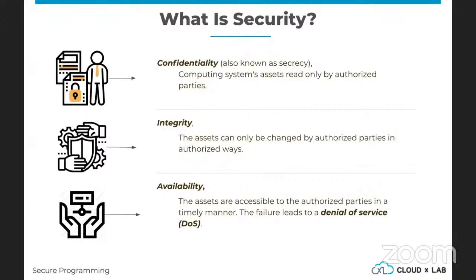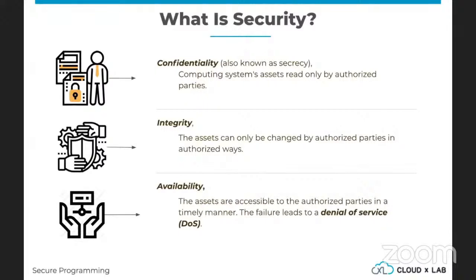The assets, or the computer resources, or any online assets should only be modified, deleted or altered by authorized parties in authorized ways. If a person is only allowed to modify certain things, only that person should be able to modify them. Somebody else should not get access to modify the data.